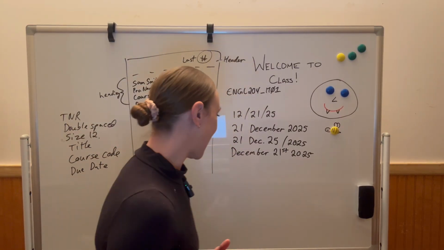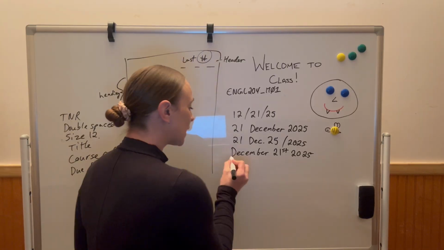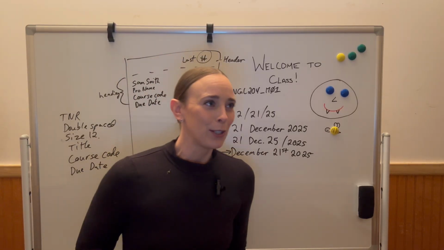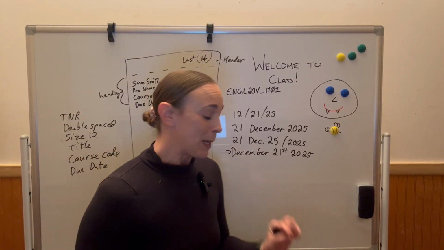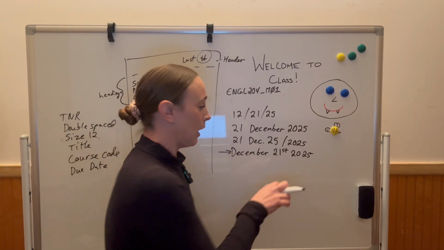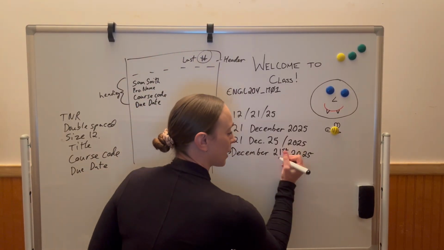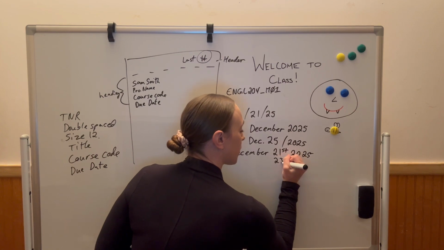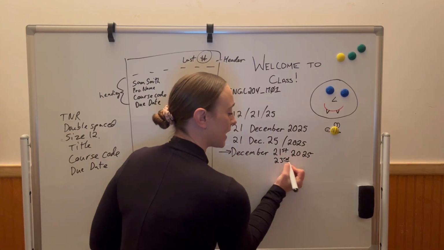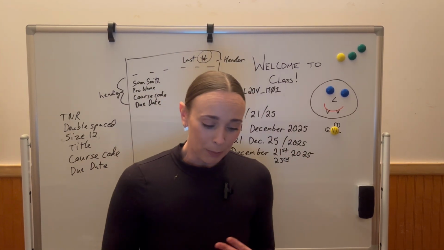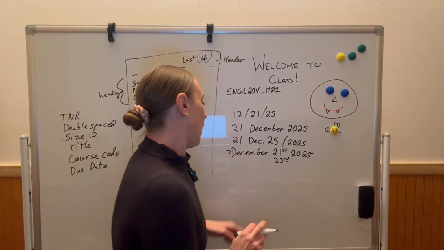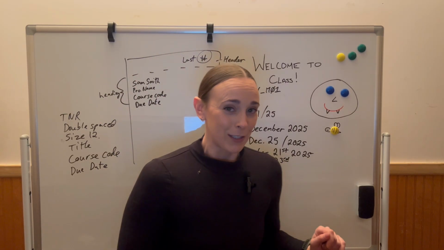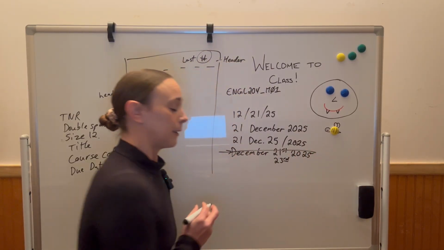To be honest with you, this one is the absolute best if maybe you're sending out, I don't know, a wedding invitation and you want to make very clear that people know what month it's in and what day it is. Having that 21st or that 23rd, having that additional little piece on there does help people not make mistakes and forget the wrong date or write it down incorrectly. So that is really good if you're doing invitations, but not for essays.